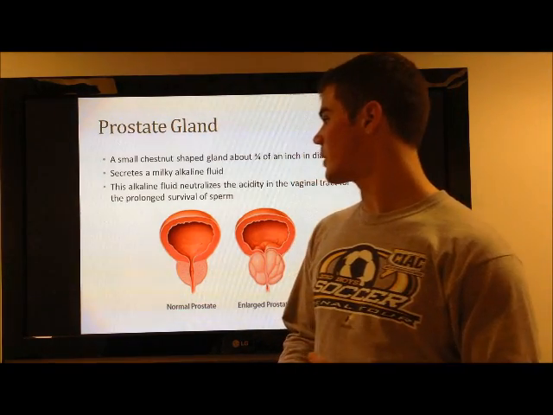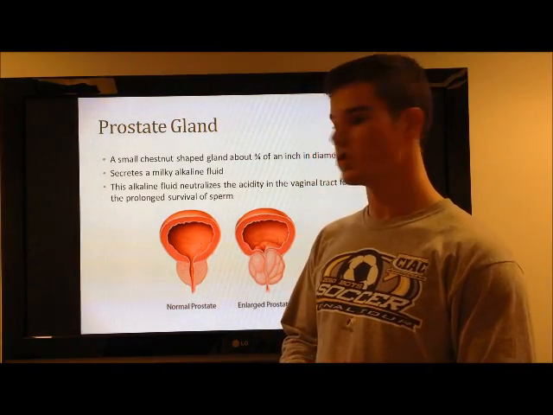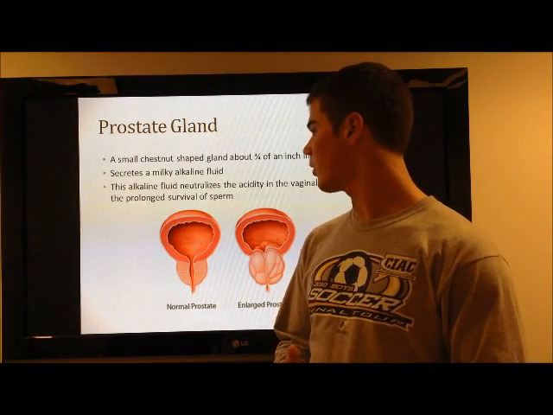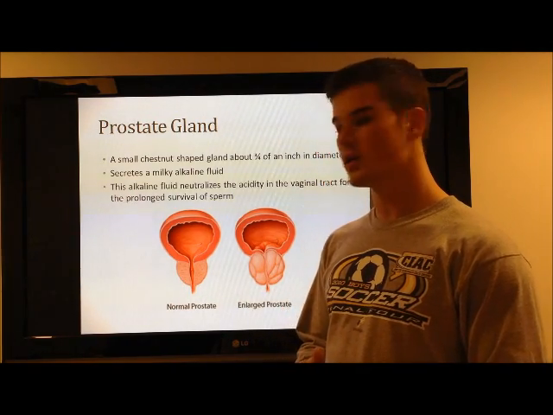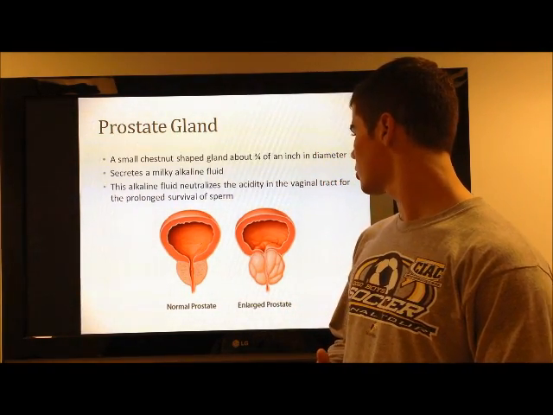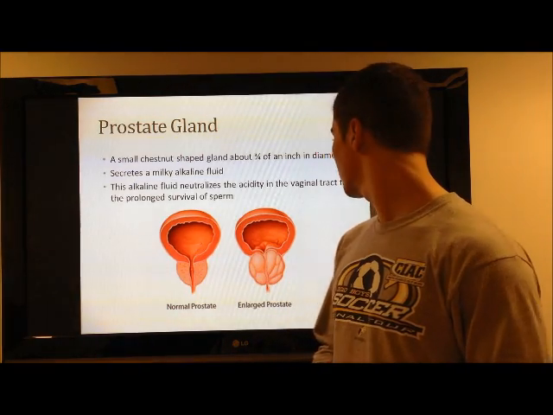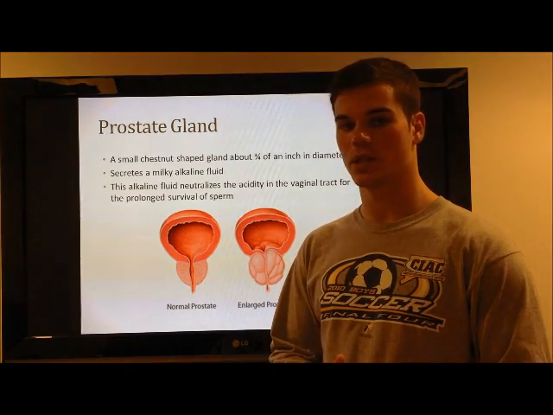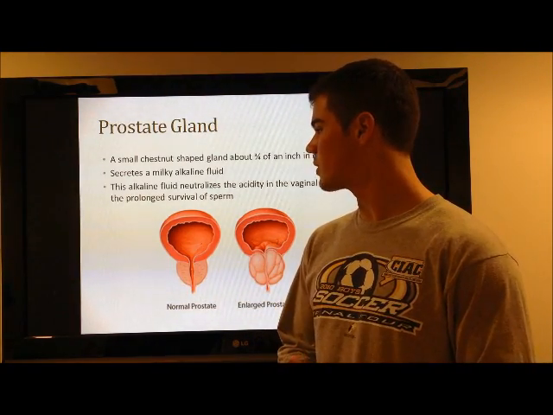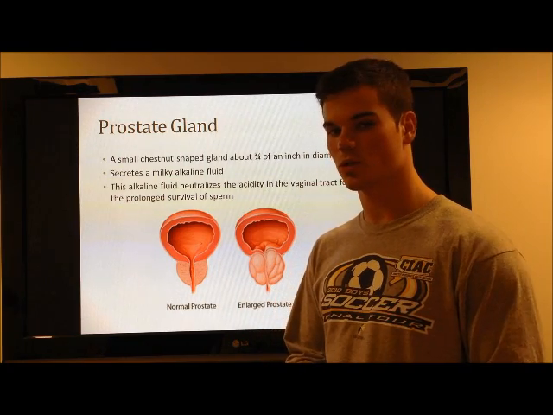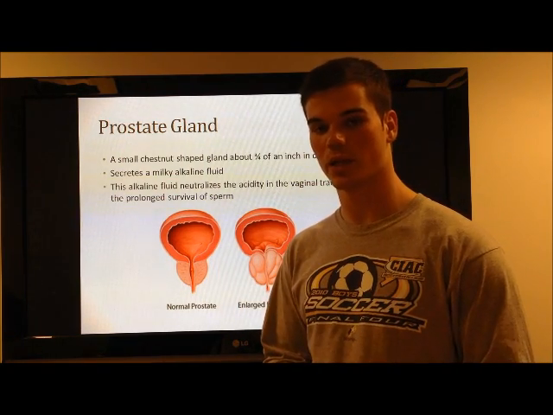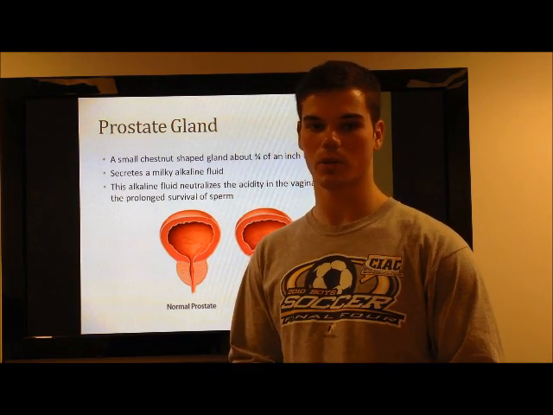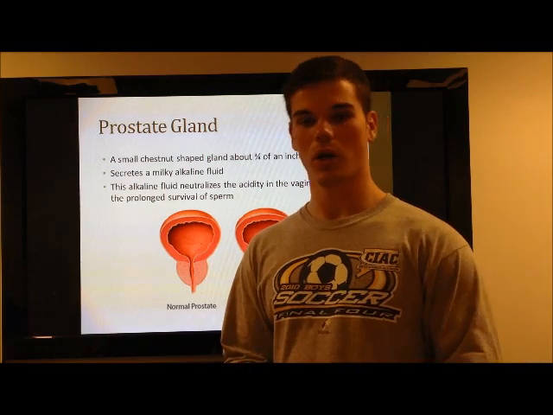Okay, next we have the prostate gland. These are small chestnut-shaped glands, about 3/4 of an inch in diameter, and they secrete a milky alkaline fluid. This alkaline fluid is used to neutralize the acidity in the vaginal tract for the sperm to have a prolonged survival. The vagina is very acidic, so what the prostate gland does is produce this alkaline, or basic, fluid to neutralize it so that the sperm live longer inside the vagina, so hopefully they'll have better survival when they eventually get up to the uterus and the fallopian tube, so that they